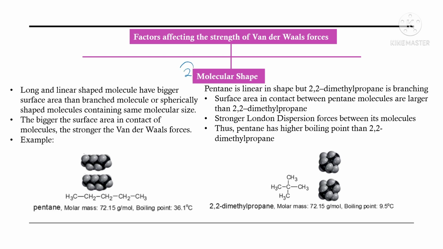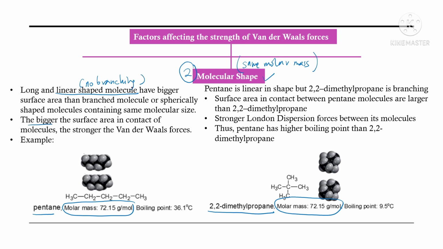We only look at the molecular shape as the factor when comparing molecules with the same molar mass. For example, pentane and 2,2-dimethylpropane, both having the same molar mass, and we can then compare their strength of van der Waals forces based on the molecular shape factor. For molecular shape, the linear shape molecule, no branch,